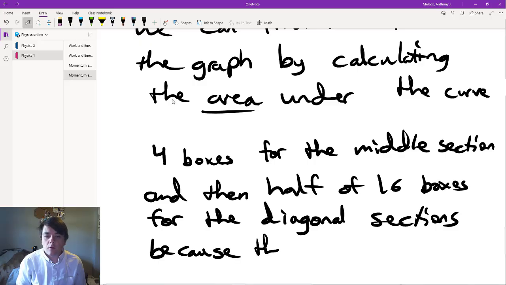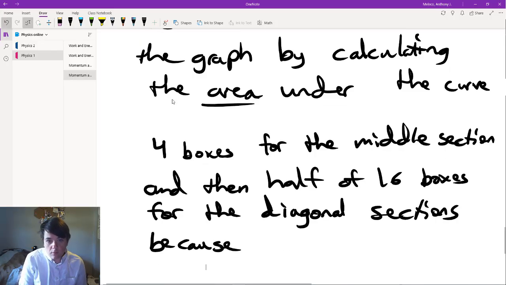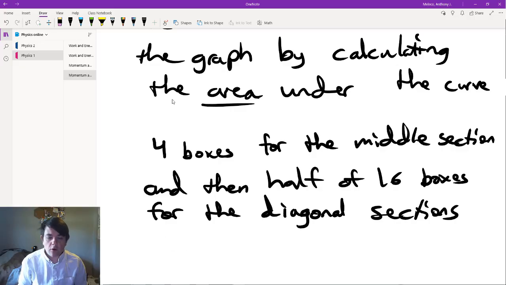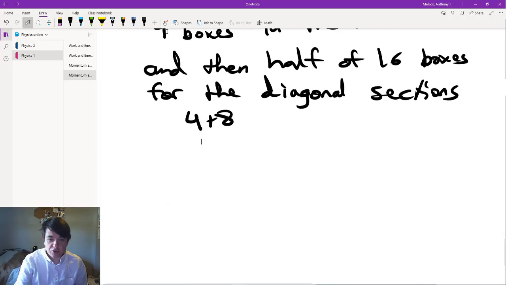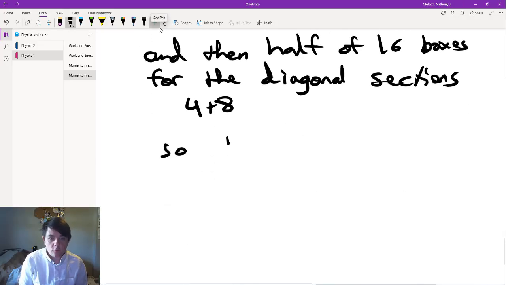Because we're only doing half, right? We're cutting it in half. That's our triangle, right? It's 1/2 base times height. So what we do then is 4 plus 8, which is 12. So 12